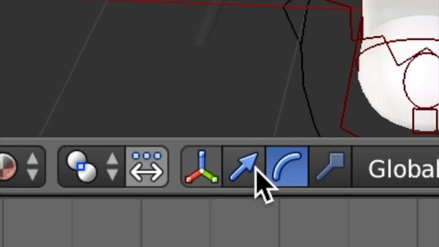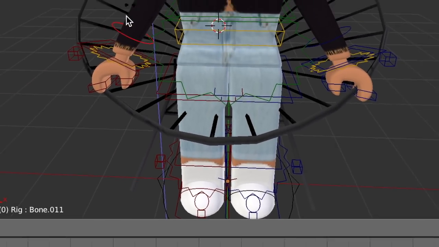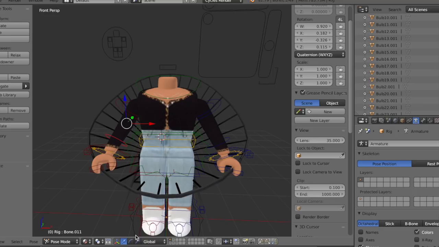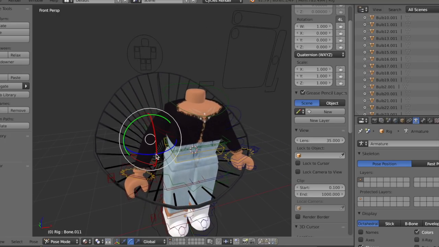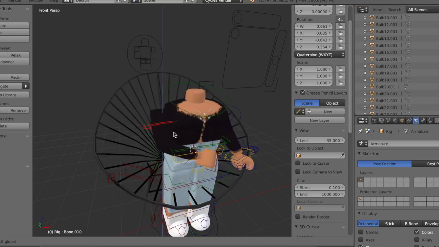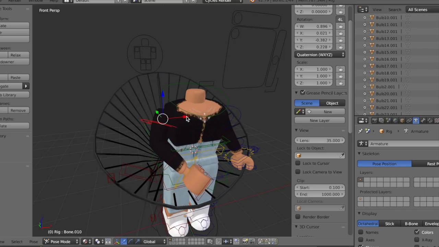So the cursor is to move your object up and down, side to side, and front and back. And the little curve is to rotate it on the X, Y, and Z axis. So here's an example. Click on the circle or anywhere you want to rotate, and just click the little curved line, and you just move around the lines to rotate, and then the little cursor button to move it